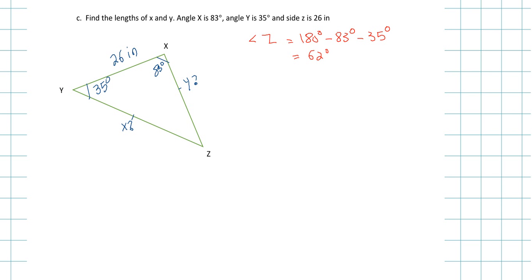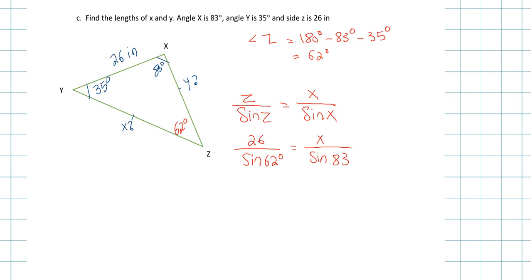Okay, so now I know that angle z is 62 degrees. And I'm looking for x, that's a 2. So what ratio do I use? So z and x. So z over sine z equals x over sine x. Let's fill in the information. Side z is 26 equals x over,